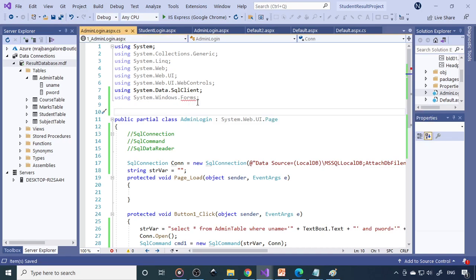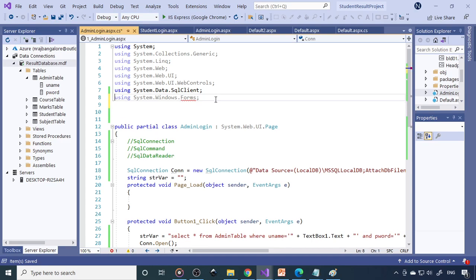Now if you save this, okay, now again .Forms.